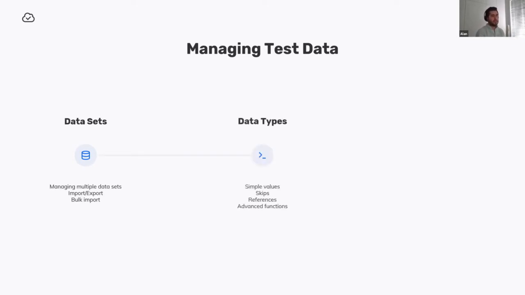As a second step, I'm going to deep dive into the different options that you have when you are managing the data within your tests. And this is where test data management becomes a bit interesting. We're going to explore the most simplistic feature, which is the simple values, literally entering simple data into your test. But then we have more advanced capabilities, like, for instance, depending on your data combination, you can sometimes skip certain steps, and we see this as a data-driven type of logic within the data set.